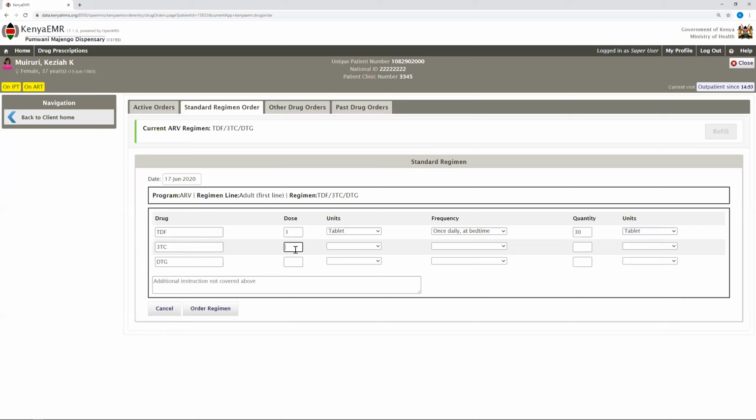So we go to the next one, that is PTC. We have dosage 1 still. Are we together? Tablet. At the same time, the client will be taking these drugs even for the number of days. So this one is not standard depending on how the prescription has been done. Tablet once daily at bedtime. The quantity prescribed is 30 tablets. Any instruction that you might want to give the